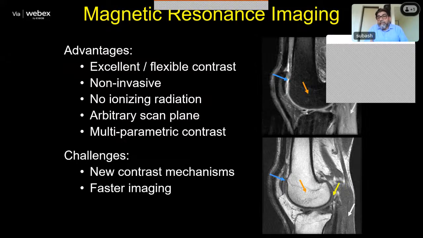You can have slicing in any arbitrary scan plane without moving the patient, by switching the gradients in different orientations. Without moving the patient, you can cut slices in any orientation. And the most important